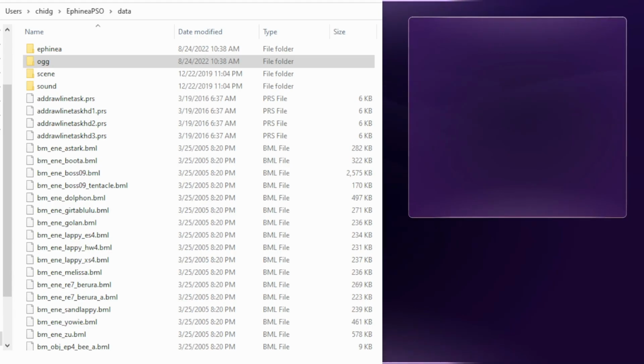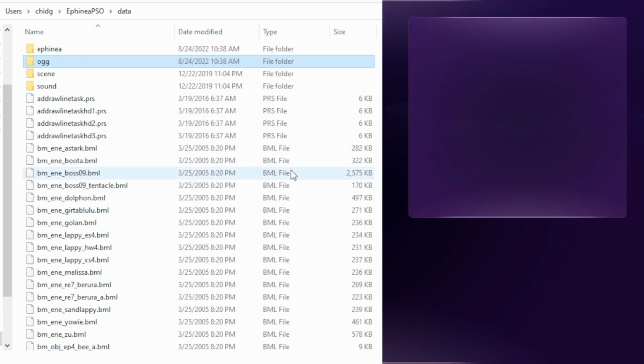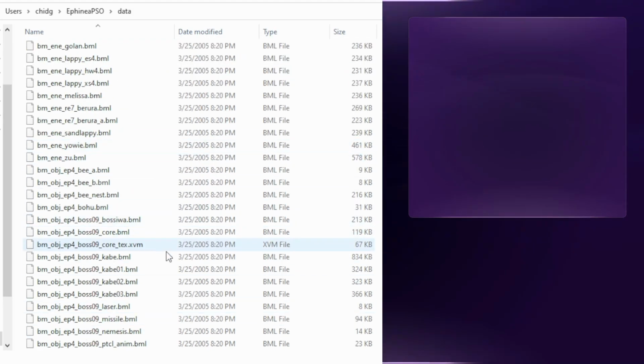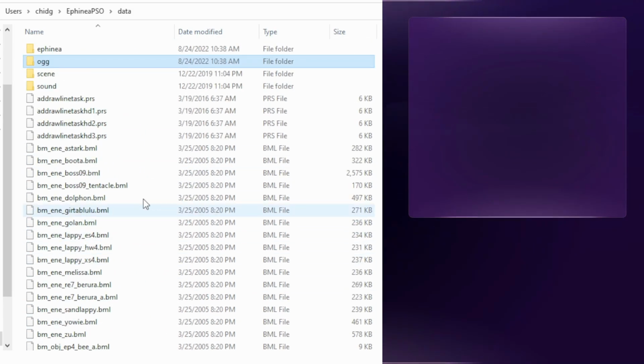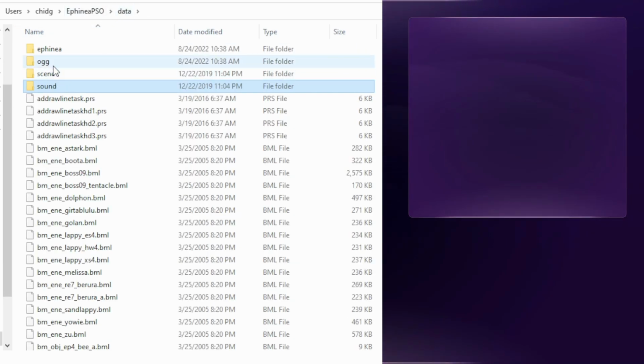However, if we take a look at some of the data folder within the game, just be aware that most of the things that you're going to download may or may not update this folder. So I'll just put it on here for your reference. You can see it talks about all the objects for the bosses. Please also be aware that if you go into